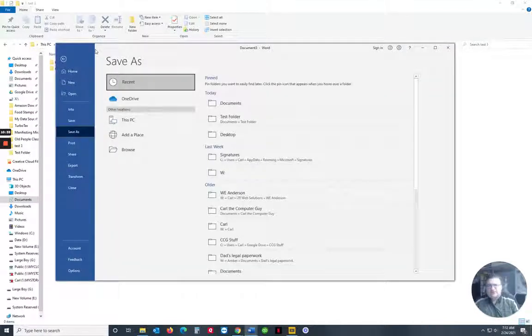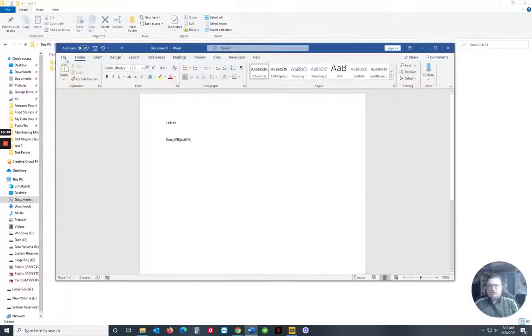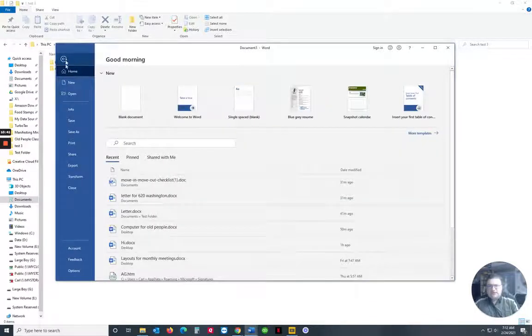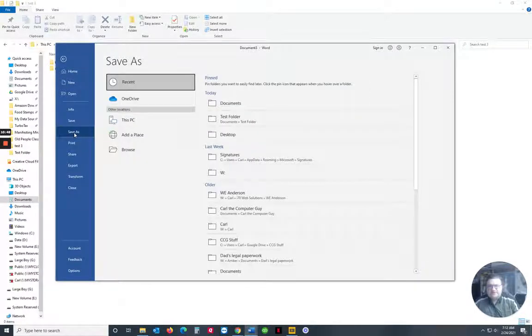You click on that, and it brings up the Save As box. Or you're going to go to File, and it's going to be down here under Save or Save As. Most people do Save As so you can name it. Save As brings up the same screen both ways. Inside of here, if you've already saved a few things, you're going to have a list of places that you've saved stuff, so you can go back to and resave, or you can go to Browse,